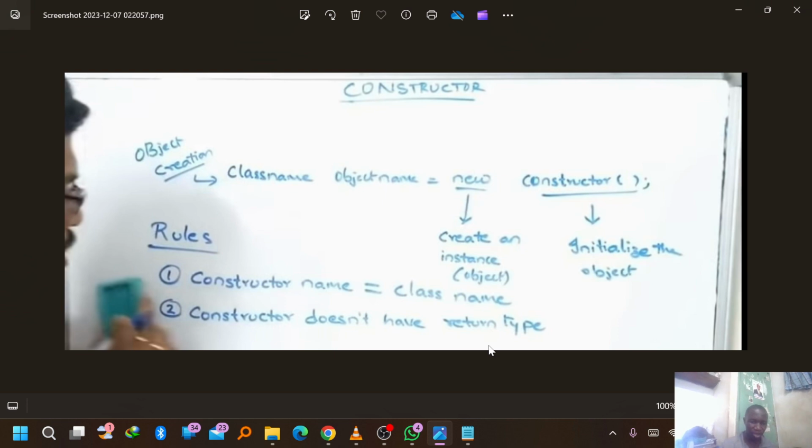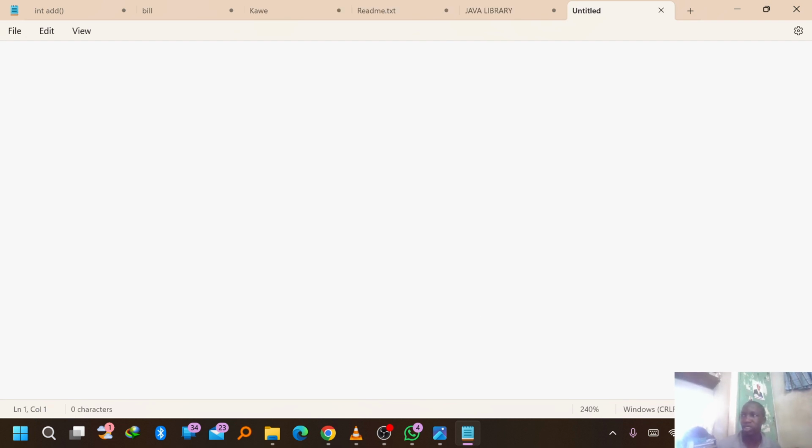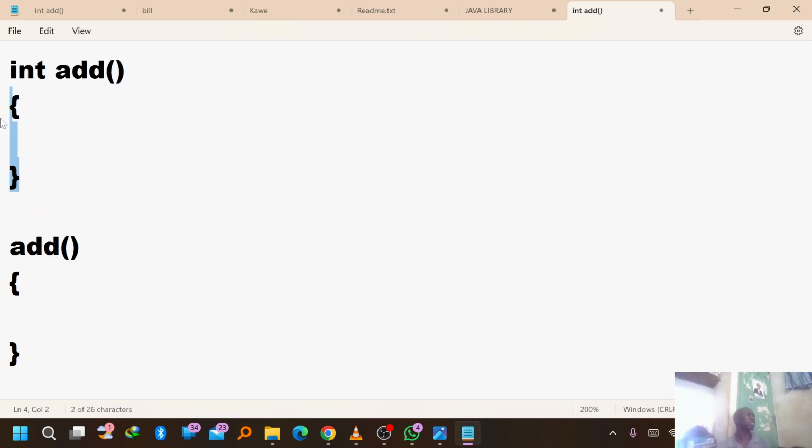What do we mean? Let me show you an example. If you have these two things: int add, open and close here, and then you have another one that is add, and close here. Someone will ask which of these two, the first one which is highlighted and the second one which is not highlighted, is a method. They can write the things for you and ask you to specify which one is a method, and on what will you base it, or they can even tell you to give a reason for your answer or explain. So what you need to know here is the theory, that a method will have